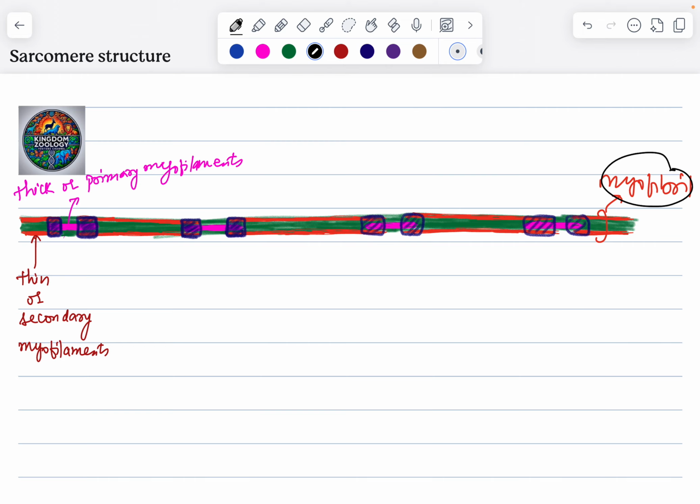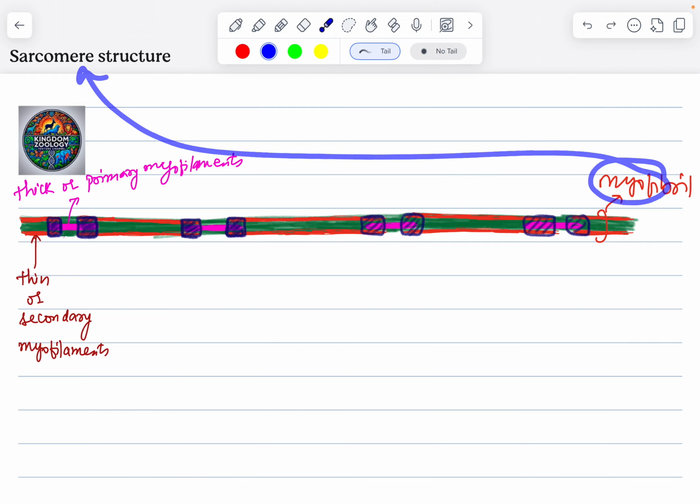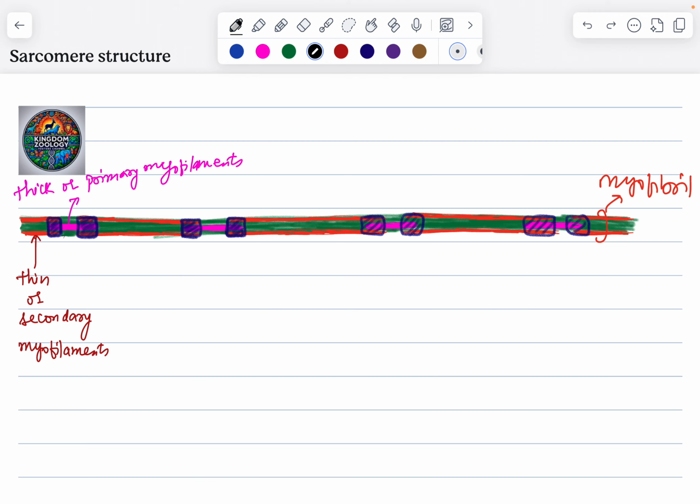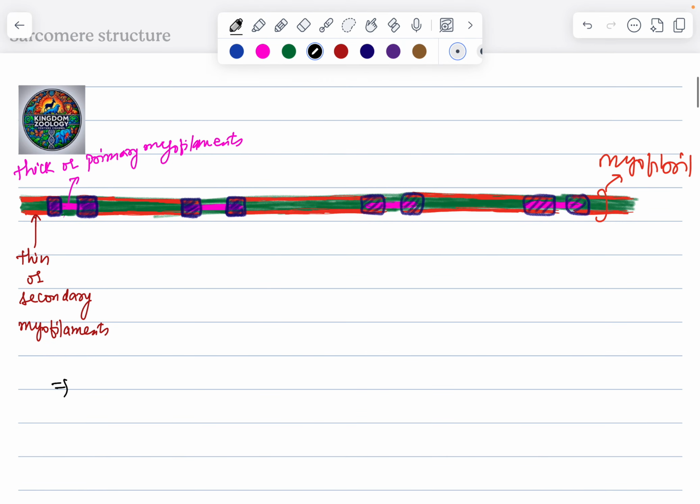So what we are going to do today is basically discuss the structure of the subunits of the myofibrils. What are the subunits of the myofibrils called? They are called sarcomeres. So it's a very common misconception. Some people will tell you that sarcomeres are the structural units or the functional units of muscle fibers. That is technically wrong, because as you can see in this picture here,